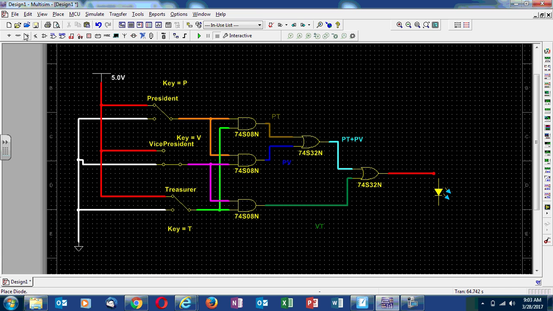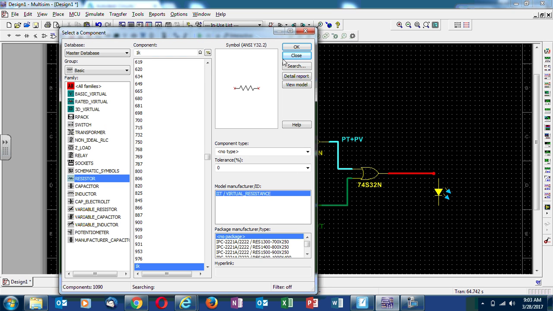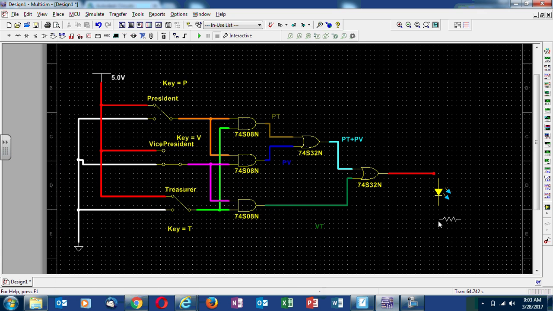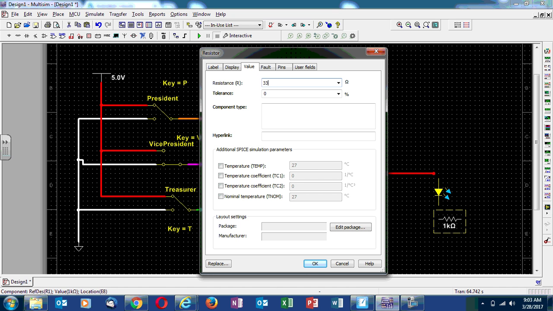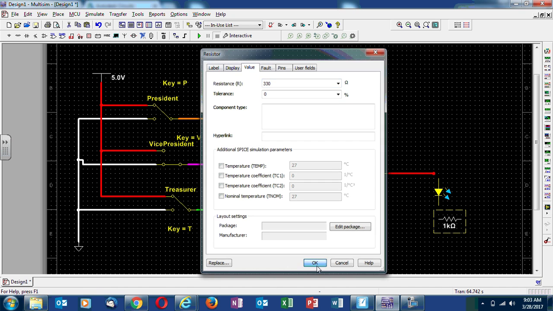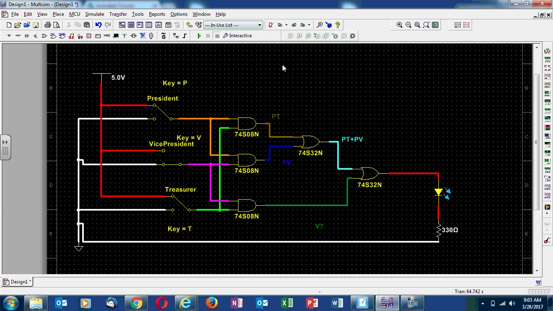And of course, I can't just have an LED by itself. I need to have a resistor. So I'm going to go ahead and grab myself a resistor. I'm going to change its value to 330 because that's what I usually use in class. This should be very familiar by now. All right, so now I'm going to connect this up. The LED is going to connect to the signal, the resistor to the LED, and the resistor itself will go into the ground. So I'm going to run my simulation,